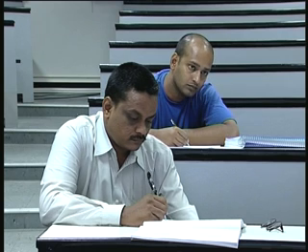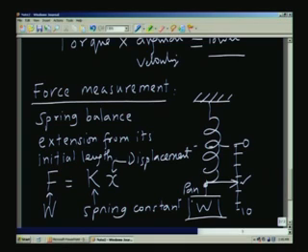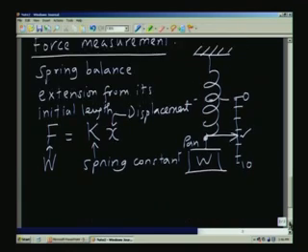Of course, when I said extension from its initial length, it will mean when the pan is also there. So, the pan may have its own weight. So, you adjust the 0 such that with just the pan it is zeroed, that is the position 0, and then from that onwards whatever takes place is due to the weight of the object which is hanging from the spring.